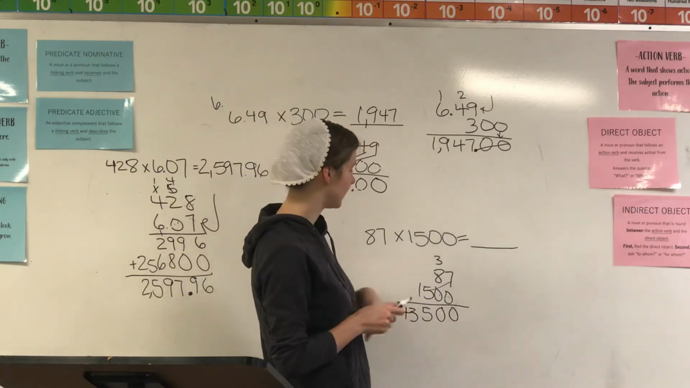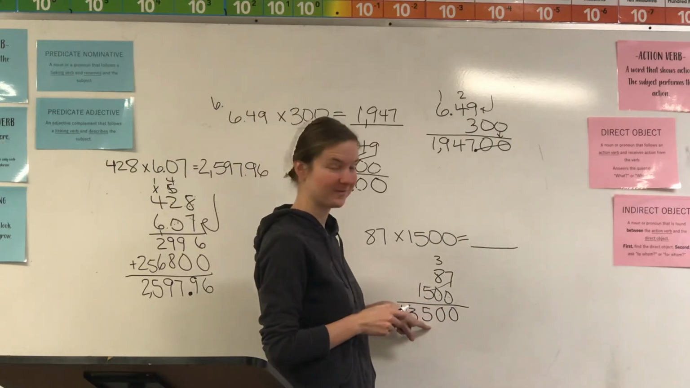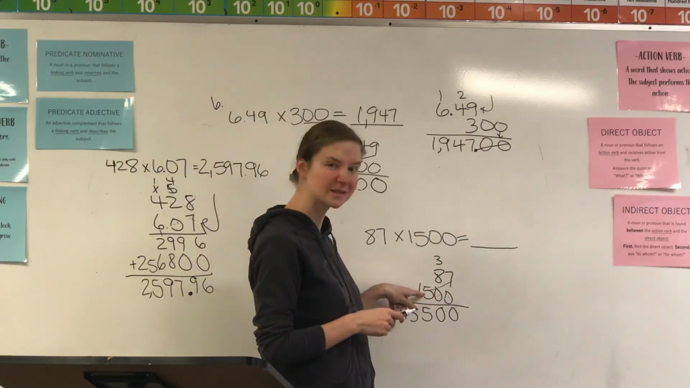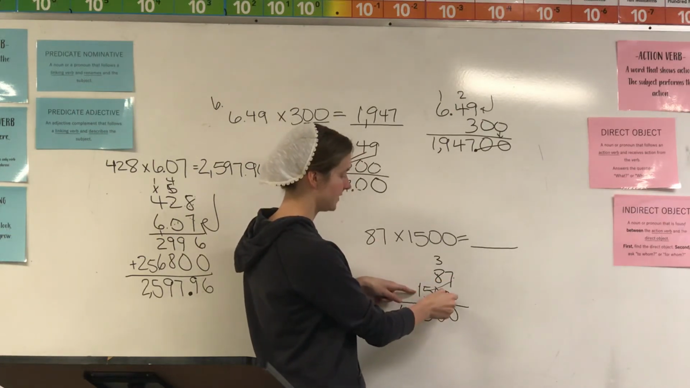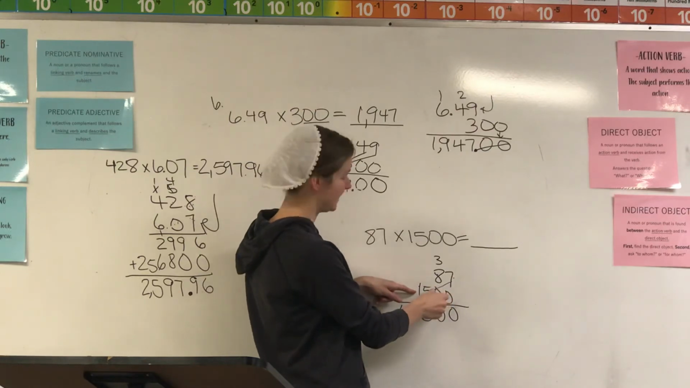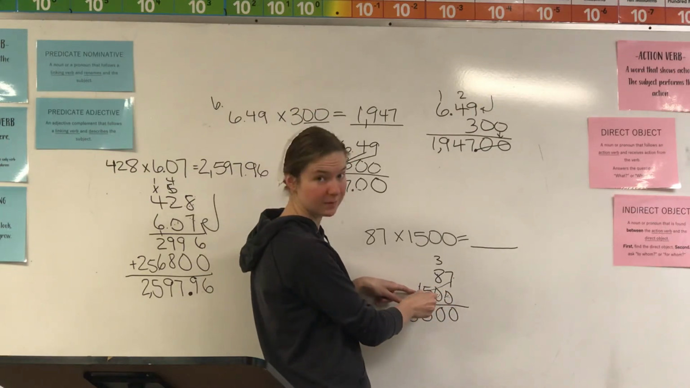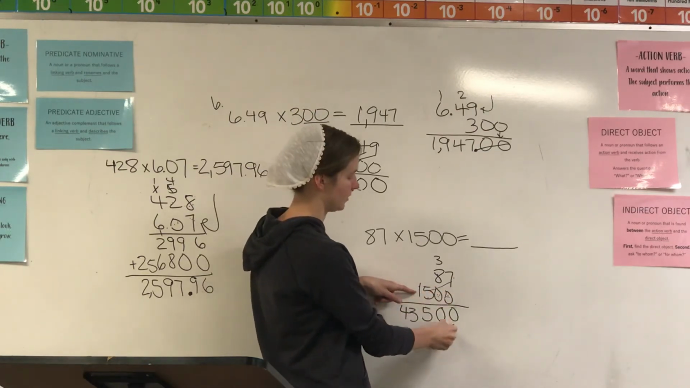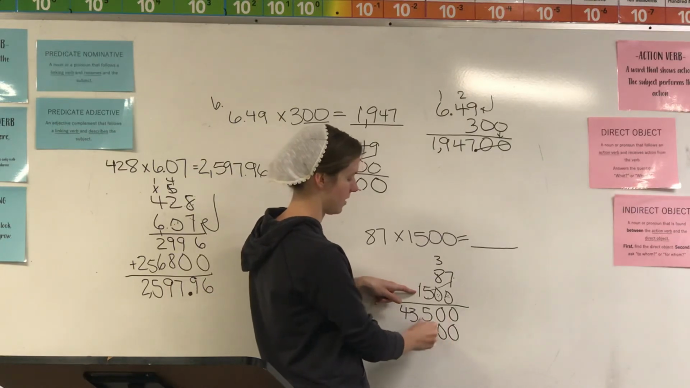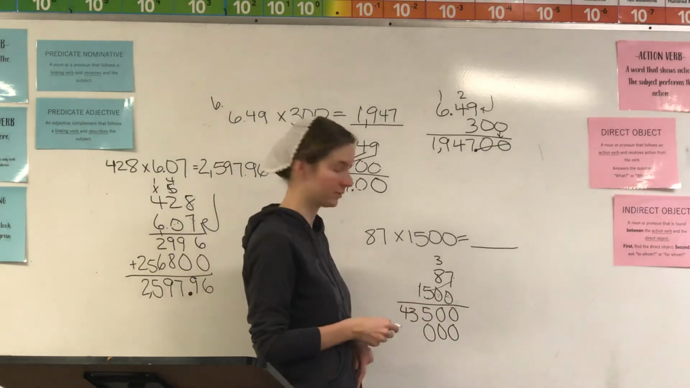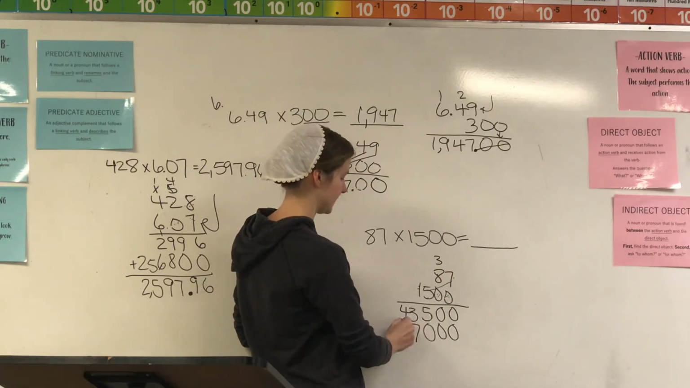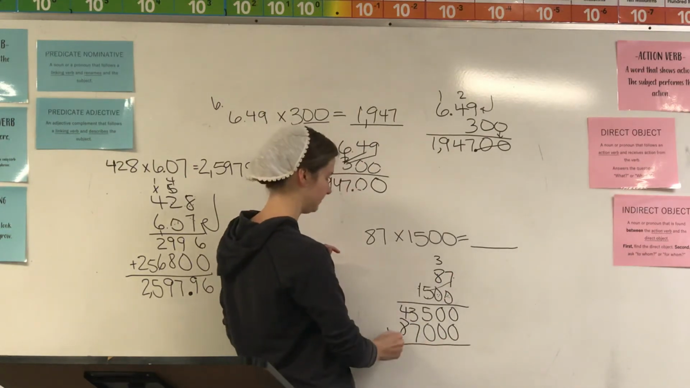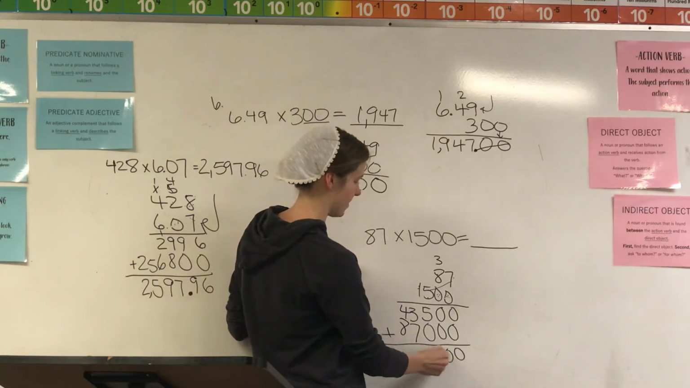And now we need to put more placeholders in. Now this is a big number, right? But it's not as confusing as you think. We're multiplying 1 times 7, but we have the tens, the ones, the tens, and the hundreds place that need placeholders. So we're going to do 1, 2, 3. We have 3 numbers that are placeholders. Now we're going to multiply. 1 times 7 is 7. 1 times 8 is 8. Let's add. 0, 0, 5,